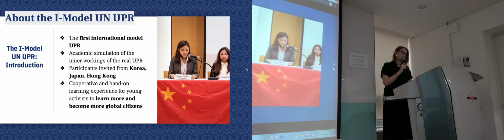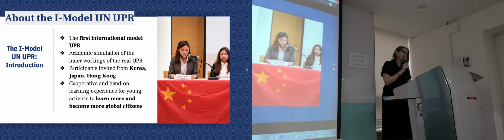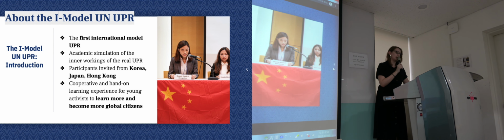event that simulates the procedures of the international human rights system through looking at the inner workings of the Universal Periodic Review. So in the same way as the actual UPR process, selected states, known as the states under review, will have their present human rights situations assessed through each state's adherence to the UN Charter, the Universal Declaration of Human Rights instruments, voluntary pledges and commitments, and applicable international humanitarian law.